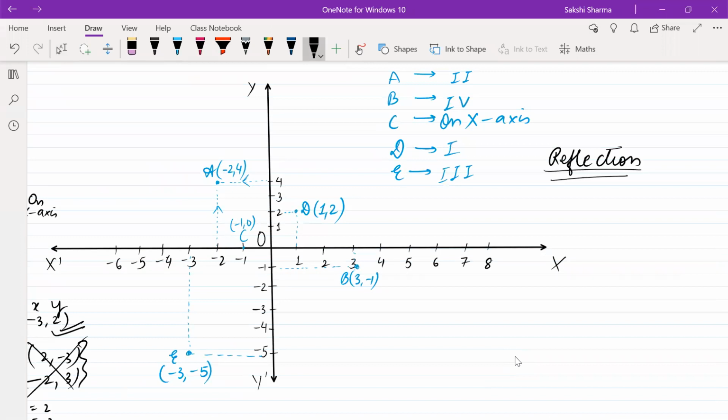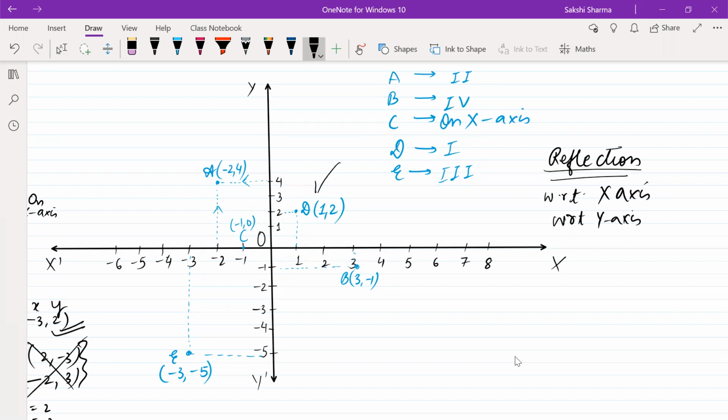So a reflection of a point, just like in mirrors, कि अगर कोई image mirror से इतने distance पे है तो उसकी reflection भी उतने distance पे होगी on the other side. So reflection can be written with respect to x-axis and with respect to y-axis. तो अगर हम किसी पॉइंट की रिफ्लेक्शन लिख रहे हैं with respect to x-axis, तो वो पॉइंट अगर x-axis के above है तो वो x-axis के below मार्क होगा at the same distance on the other side.